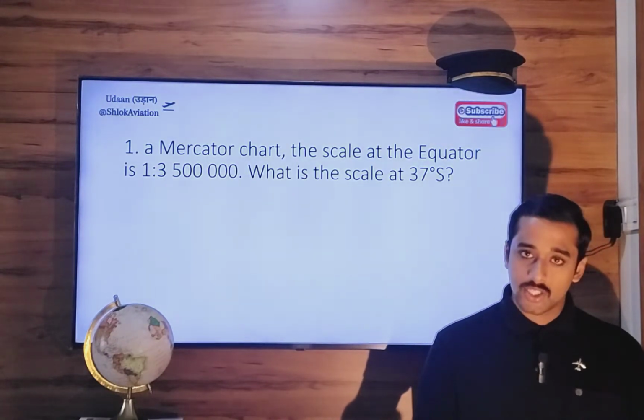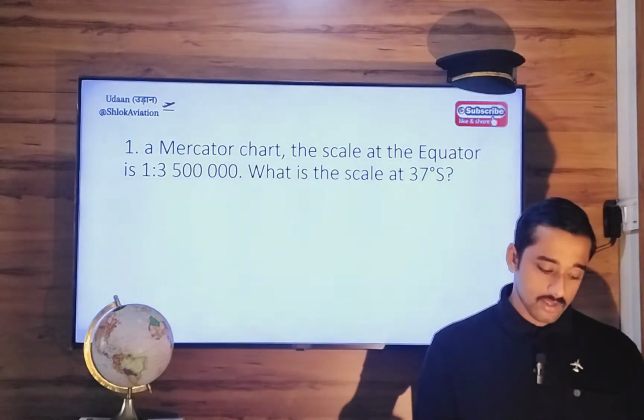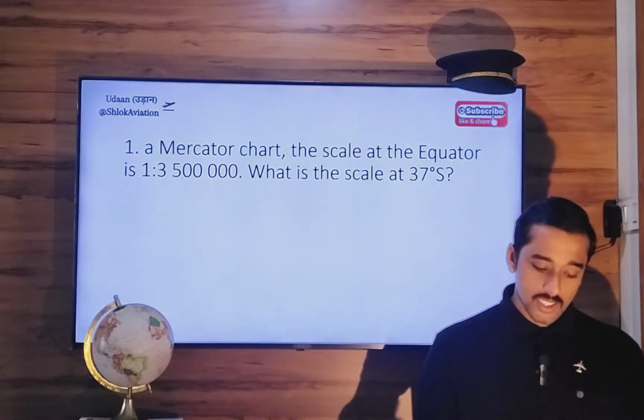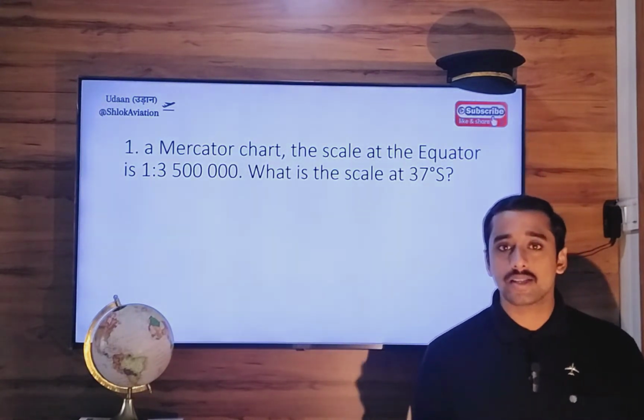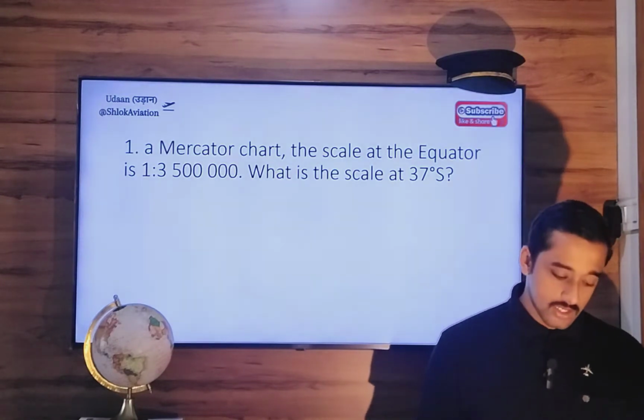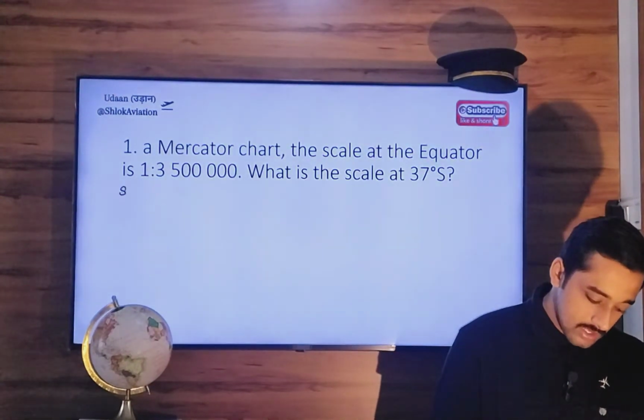Chart, there is a Mercator chart. The scale at the equator of that chart is 1 divided by 35 lakh. What is the scale at some other latitude, at 37 degrees south latitude? So, simple. Step 1,